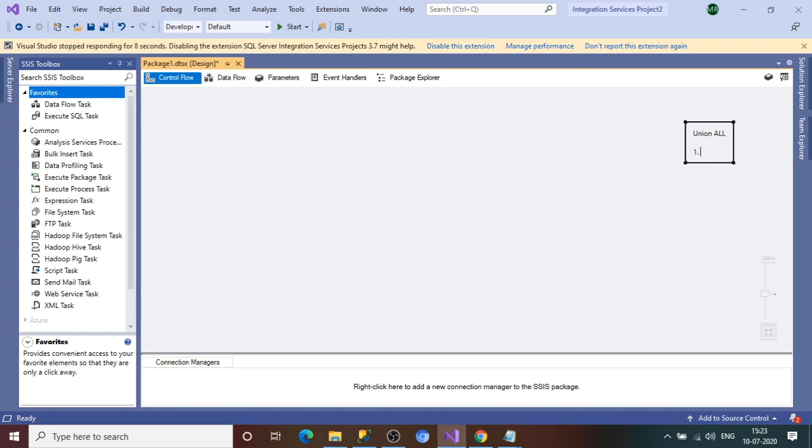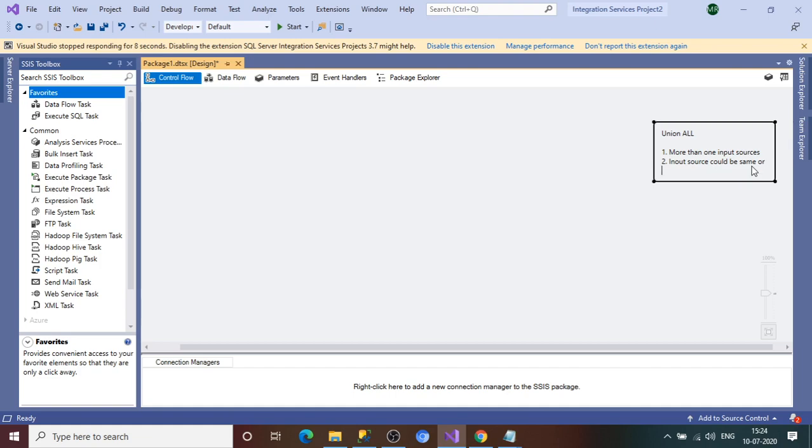Now the very first thing is that we can have more than one input source. Second point that you need to consider is that these input sources could be the same type or heterogeneous.